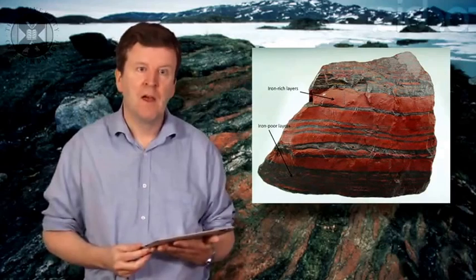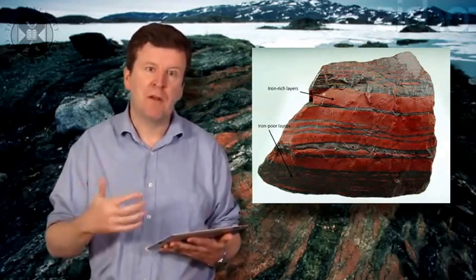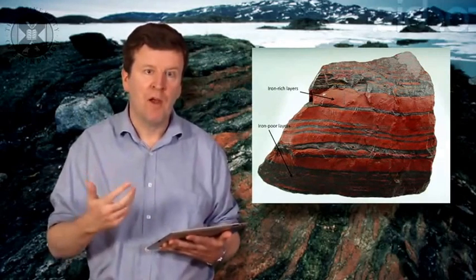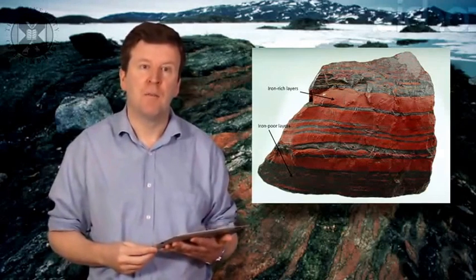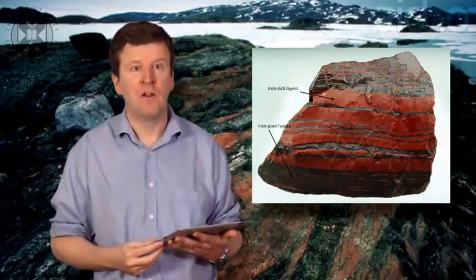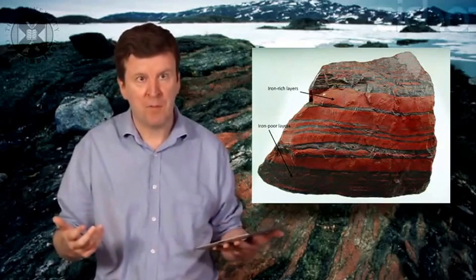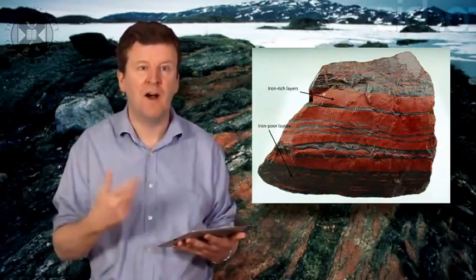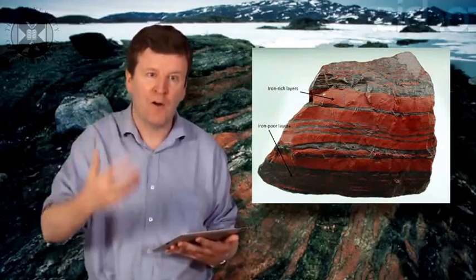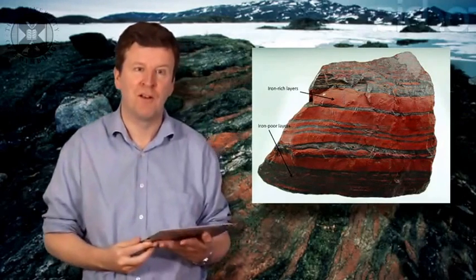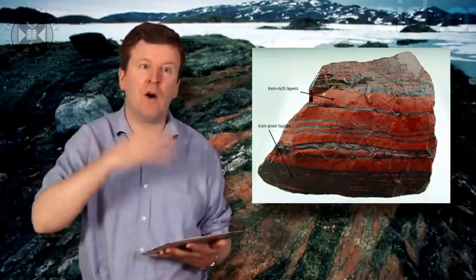And every now and again, there may have been some oxidation event. For example, oxygenic photosynthesizers might have produced localized oxygen that oxidized that iron and turned it into rust. It's possible that other types of microbes that like to eat iron as a source of energy and produce oxidized iron, rust, as a waste product of that feeding, could also have oxidized that iron. When that iron became oxidized, it became insoluble. It no longer dissolved in the oceans, and it settled down into the bottom of the oceans and formed these